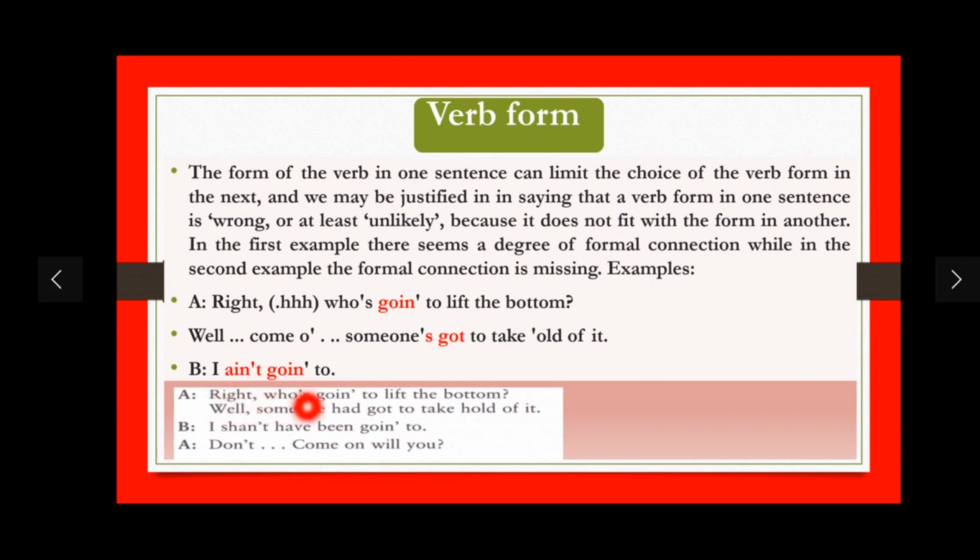Again, in the first sentence we have present tense. In the second sentence, had got to, past tense. In sentence 3, we have perfect continuous tense. And in sentence 4, we have future time. So we have different verb forms. That's why there seems to be no formal connection between sentences, and that's why there would be no cohesion. So these are the best examples. I have given you two examples. In the first example, there seems to be proper connection and cohesion, and proper verb form is used, and because of this,